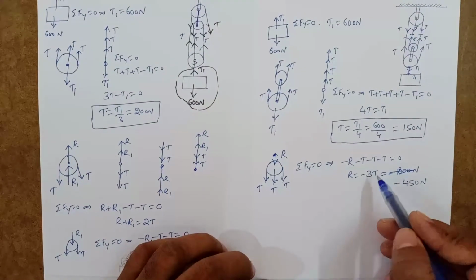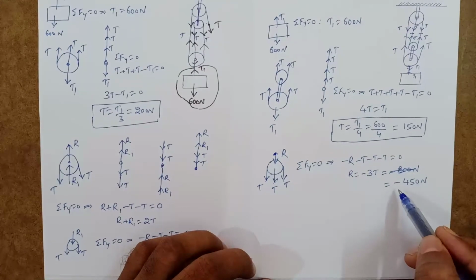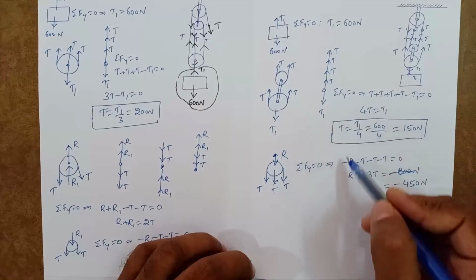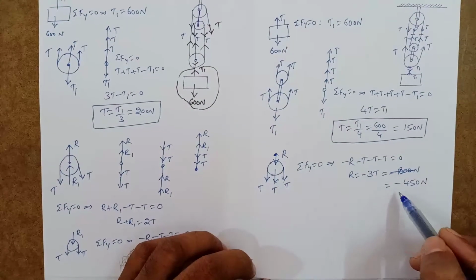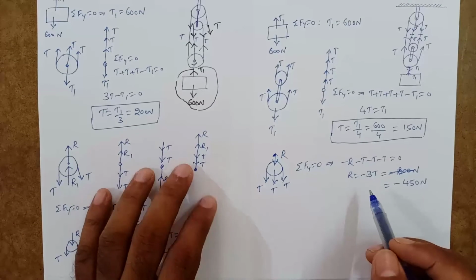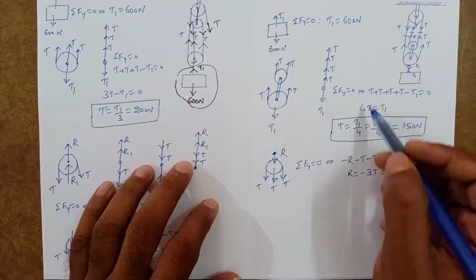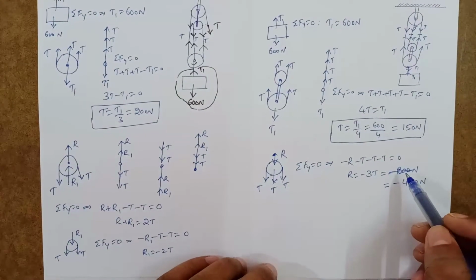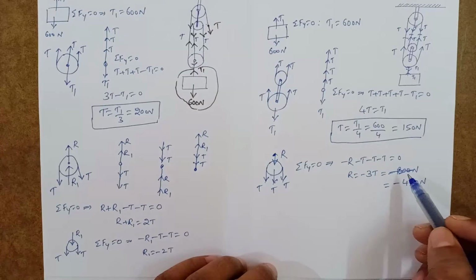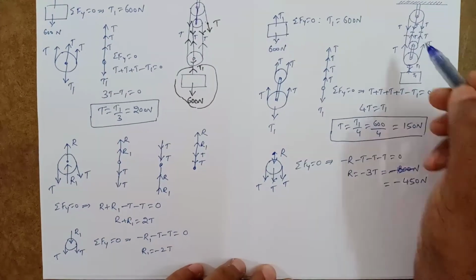But while I am substituting the values for R in the problems, I use R equal to minus 450. Anywhere I am substituting this R value in any equation, I will use R equal to minus 450, not plus 450. If you substitute R equal to plus 450 anywhere in the equation, then you will get a wrong answer. Whatever value you got, you substitute that same value. It may be plus or minus. Now let us move on.